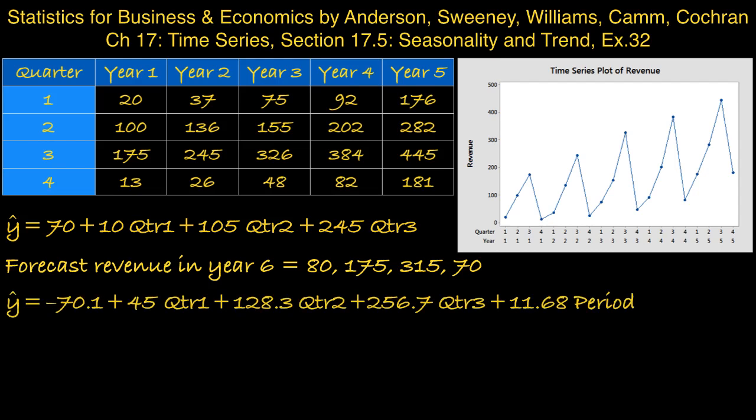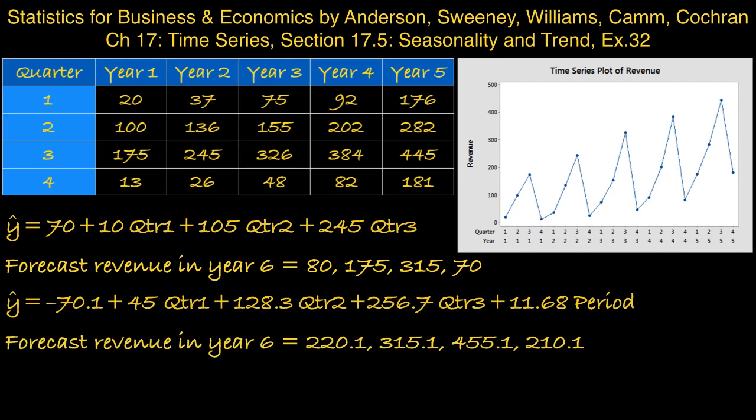So now we have this estimated regression equation, and this accounts for the linear trend. And based upon the seasonal effects in the data and linear trend, compute estimates of quarterly sales for year 6. So now to get these forecasts, for example, for year 6 quarter 1, we'll have minus 70.1, which is the overall intercept, plus 45, because this is in quarter 1, plus 11.68 times the period, which is 21, and that